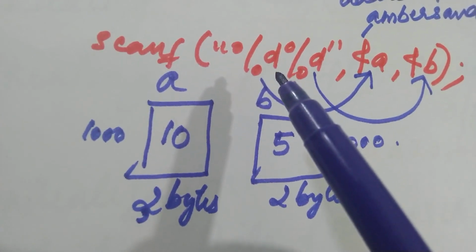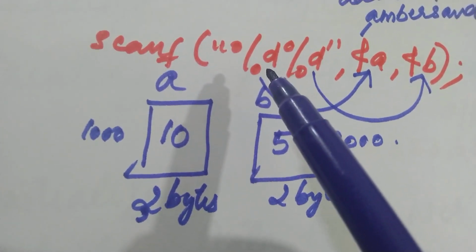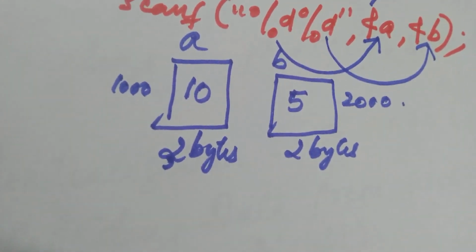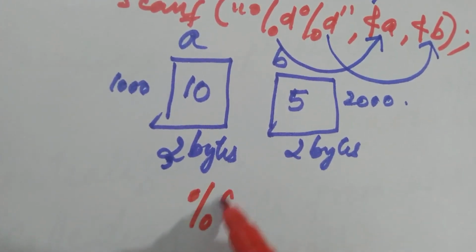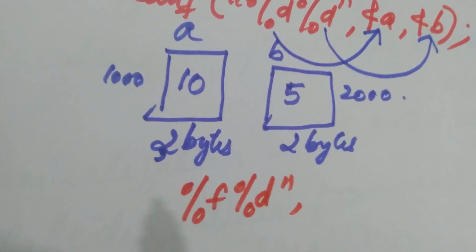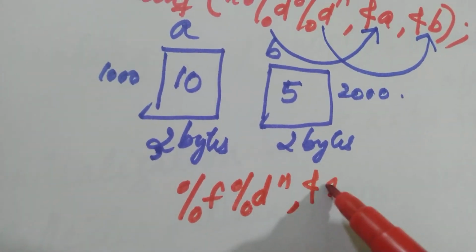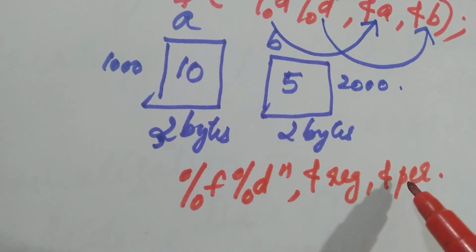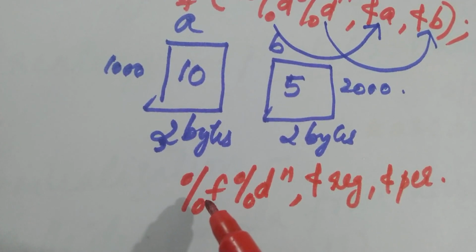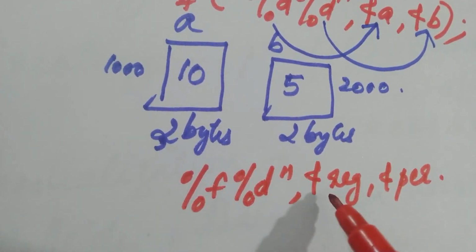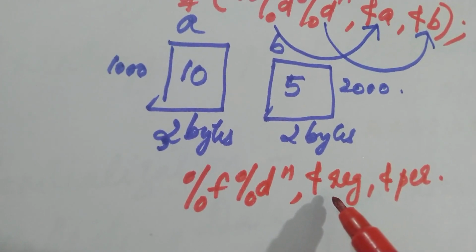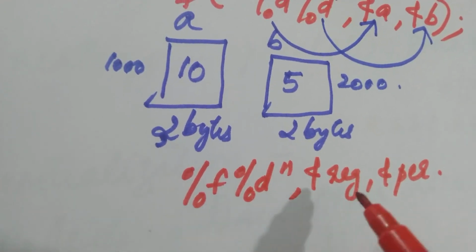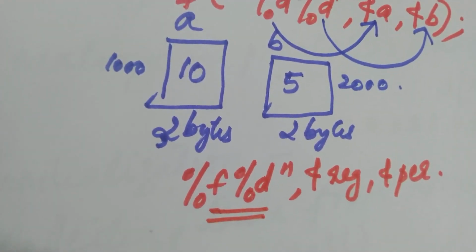So the order should be kept correctly. That means if you are giving one integer and one float value, suppose I am giving the scanf statement as %f and %d, and after that I am giving ampersand register number and ampersand %f. This is wrong. The order should be, the percentage f is a float data. So here, as I have written the %f in the beginning itself, you have to specify the variable in the beginning itself. So the order should be maintained according to the order of the type specifiers.